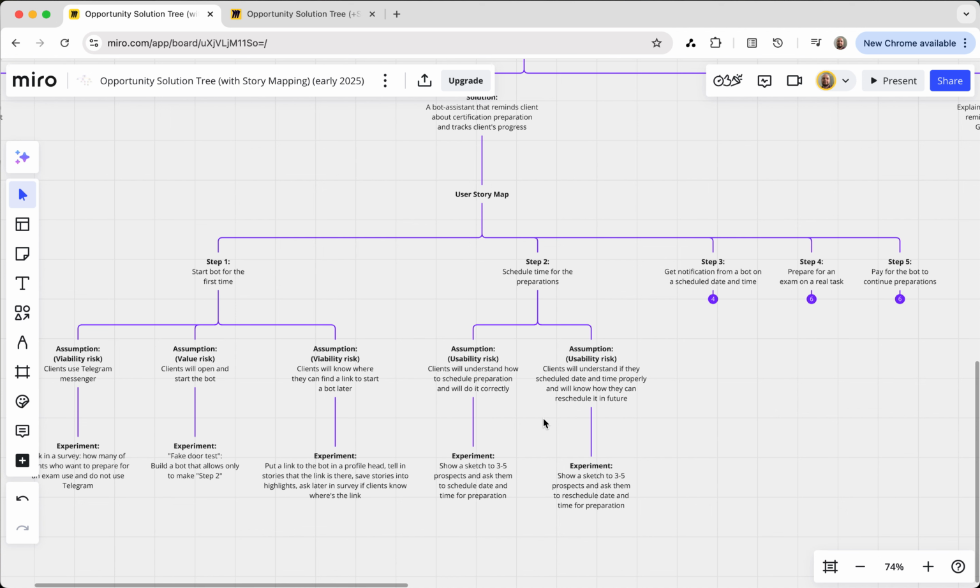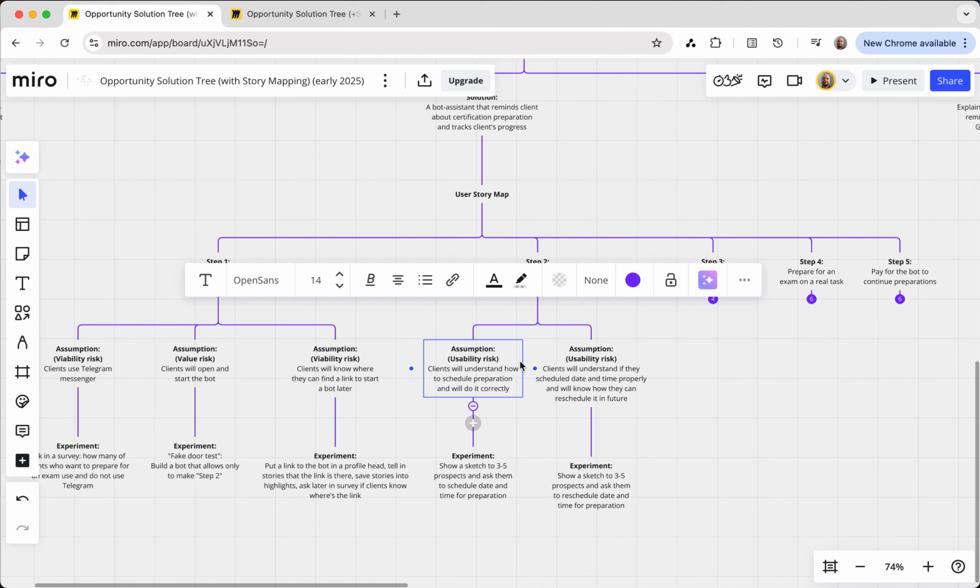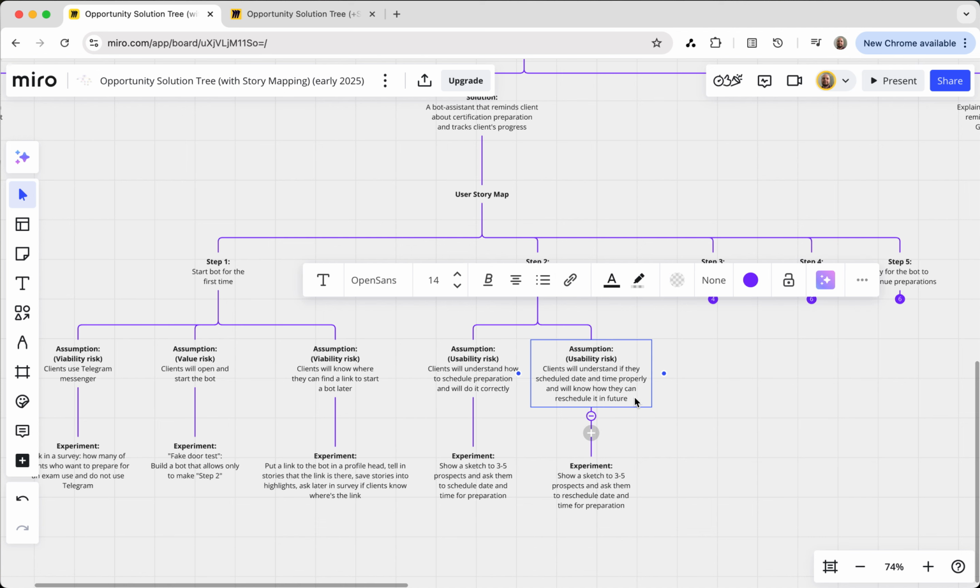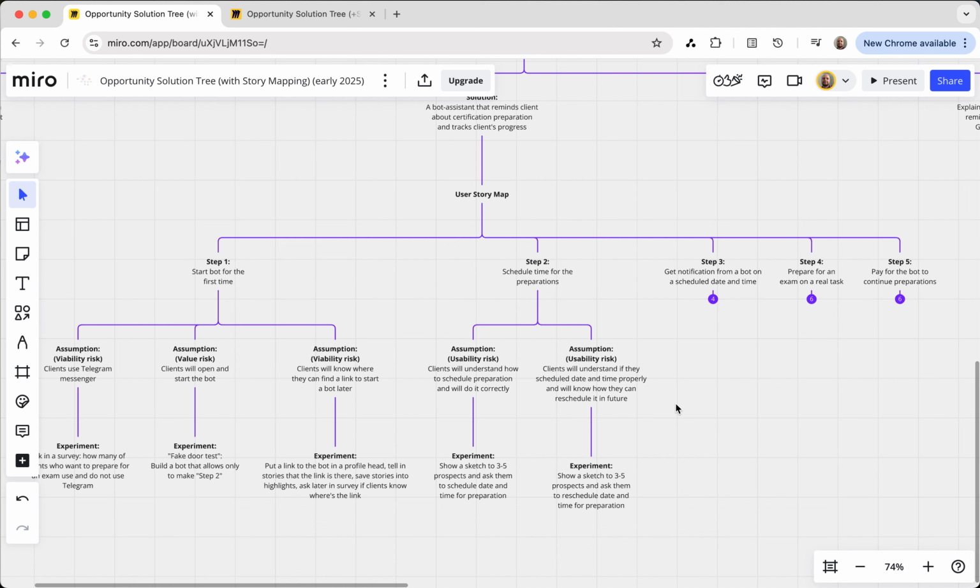So we don't implement anything, we just show them a sketch and ask questions, and if they understand how to schedule preparation and how to reschedule preparation, and if it is super easy for them,